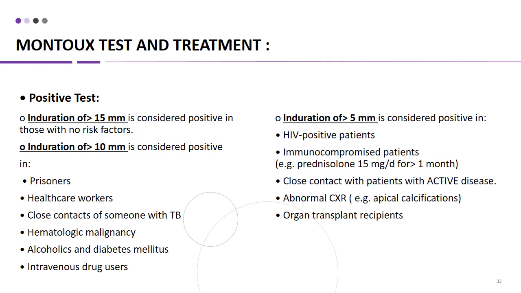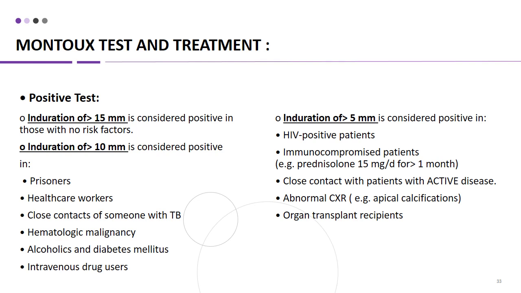Positive test is induration of more than 15 millimeter if the patient has no risk factor, and induration of more than 10 millimeter in patients having risk factors. These are positive tests. And what are the risk factors? The prisoner, healthcare worker, close contact of someone with TB, hematological malignancy, alcoholic, diabetes mellitus, and IV drug users. So if these risk factors are present and there is induration of more than 10 millimeter, then it is considered